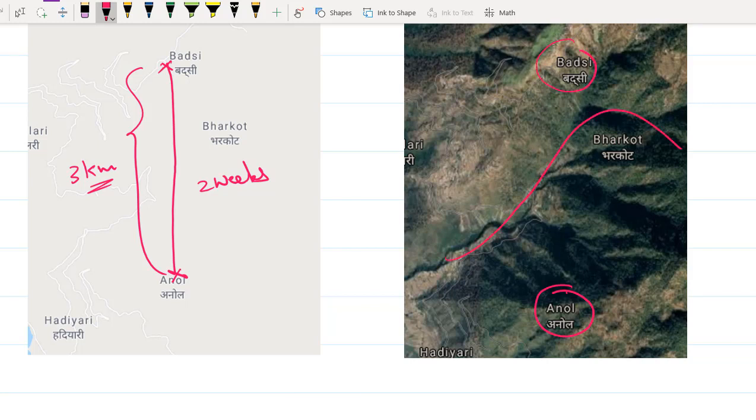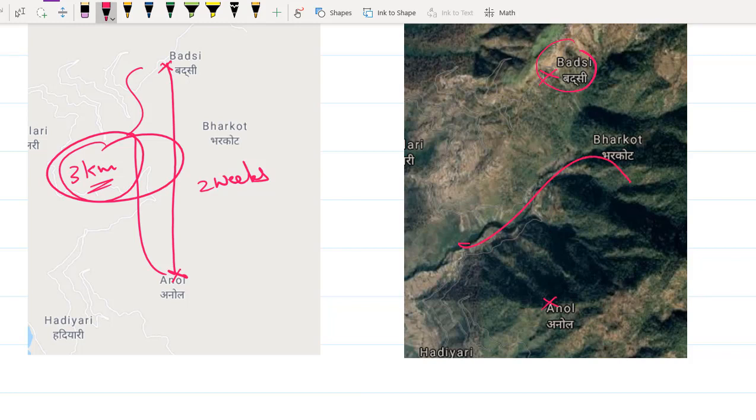So will you just lay this 3 kilometer road straight? Is that practical? No, right? Will this work be finished in 2 weeks? Is that practical? No, it will take at least 1 year, right? So now you are stuck with the work. So whenever you have to find a position, we need the horizontal distance, this 3 kilometers, we should know that. And we should also know the vertical distance between these 2 points and what points there are in between them.